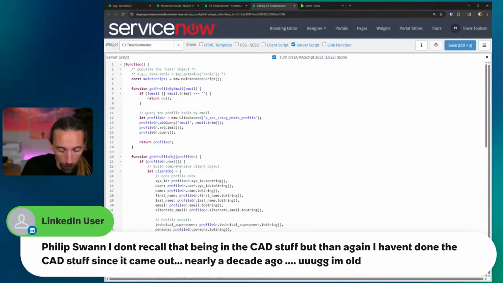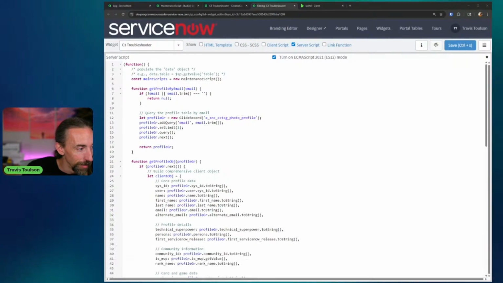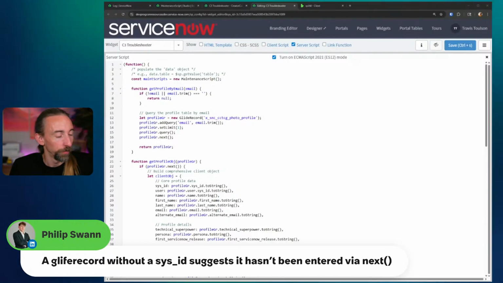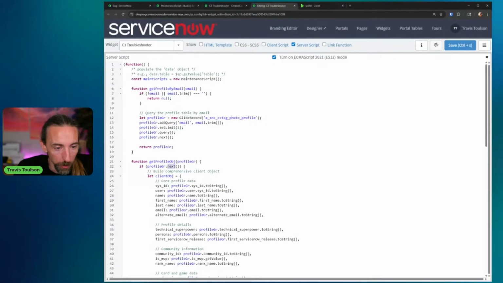What we need to do is do a quick refactor and move next to this function. Great call, Phil. Oh, I put the wrong comment up there. Phil called it with the glide record without a sys_id, which means this one